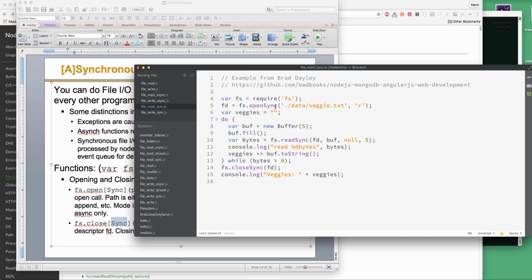We require our file system module. There's file system open sync. All right. There's a sample data file that comes along with your code. It's in read mode and so forth. So this is just a synchronous call. Notice there's no callback over here. So this is going to block until the open is complete, and then it's going to go forward and synchronously